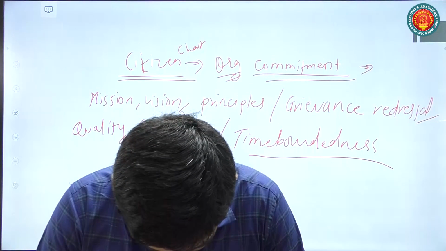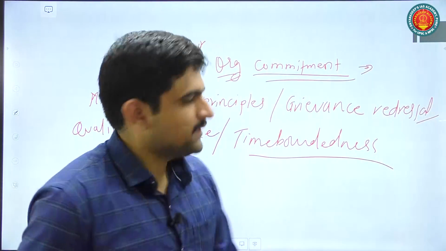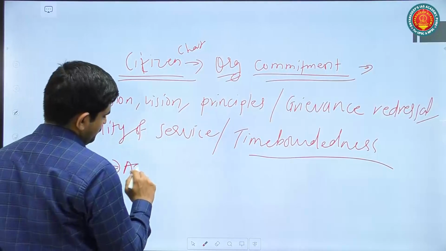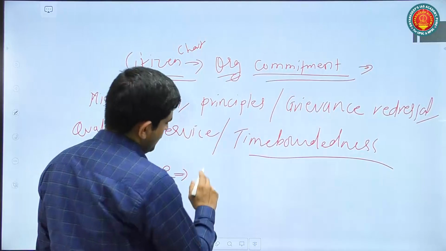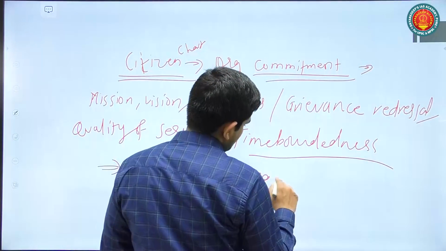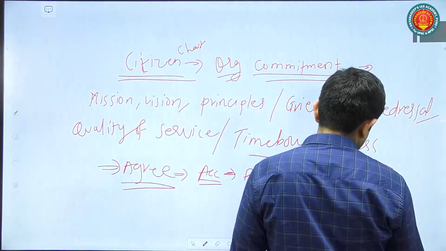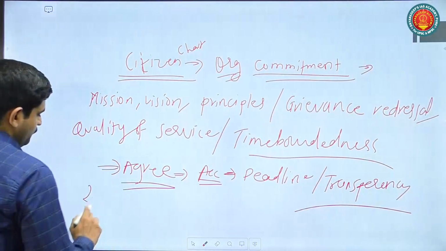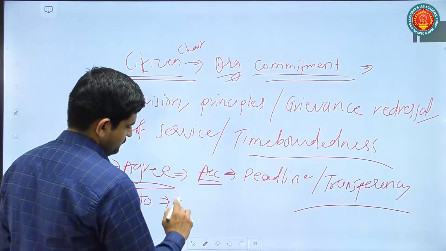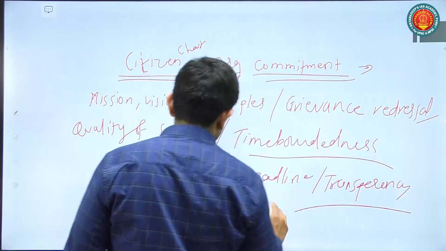Then they have said it will ensure transparency and accountability. And you can definitely agree with that proposition, because yes, it will increase the accountability by having deadlines to do some work. Or it will increase the transparency by having suo motu disclosure of various things. Okay, that also you can talk about, and then you can move to the next part of the question, that is what they have asked. Identify limitations and suggest measures for greater effectiveness. Identify limitations they have asked